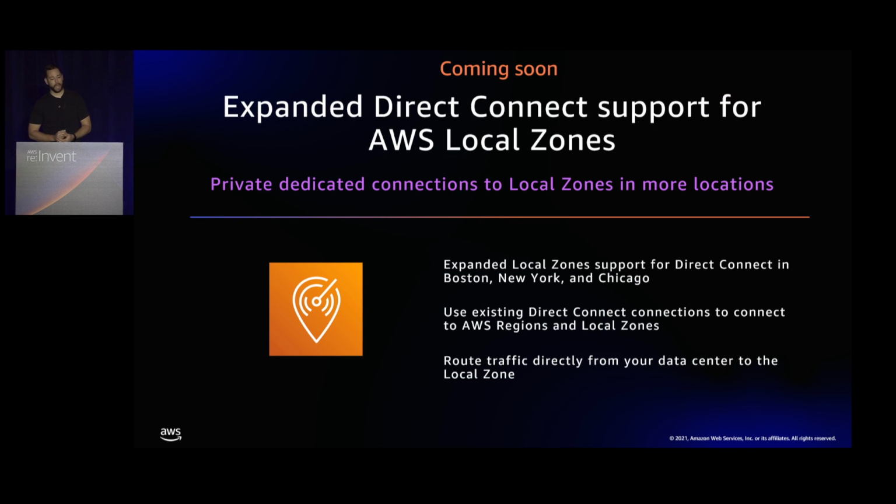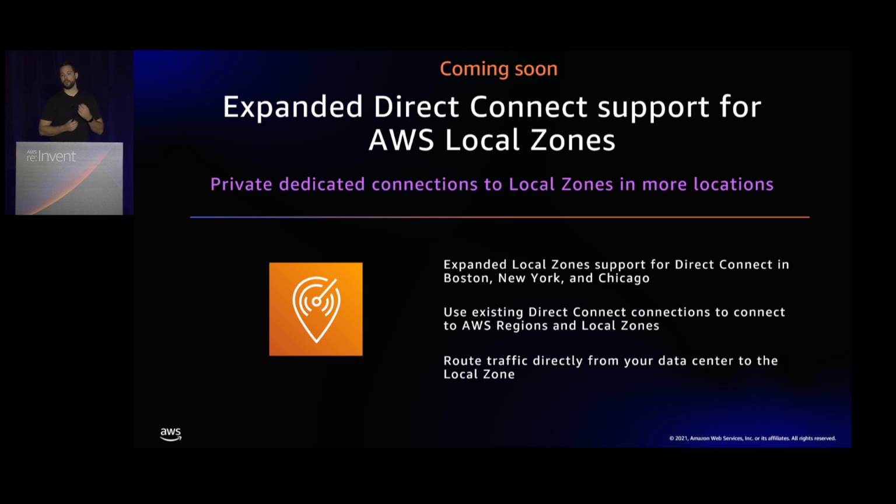Okay, next up, we have expanded Direct Connect capability for local zones. This is a coming soon slide, so this isn't available yet, but one of the few coming soon things you'll see this re:Invent, but we are expanding Direct Connect connectivity for our local zones. So a local zone is, again, similar to an Outpost. It's built on the same technology, but we've essentially extended AWS regions out to other locations.